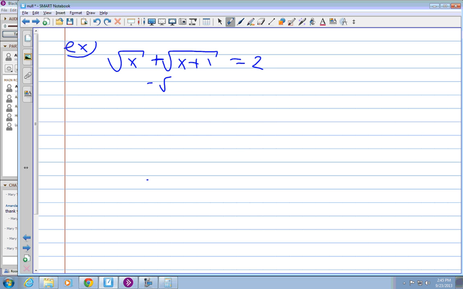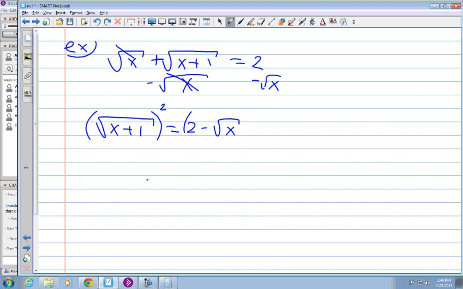So let's just subtract the square root of x from both sides. It might be a little easier if we subtract that. So that gives me square root of x plus 1 equals 2 minus the square root of x. So one of the radicals is isolated, so I'm going to square both sides. The left-hand side is x plus 1,